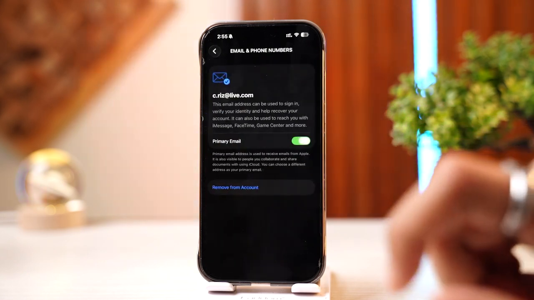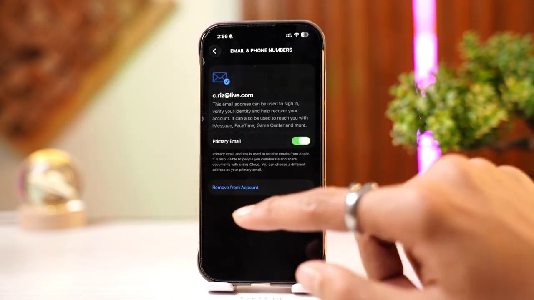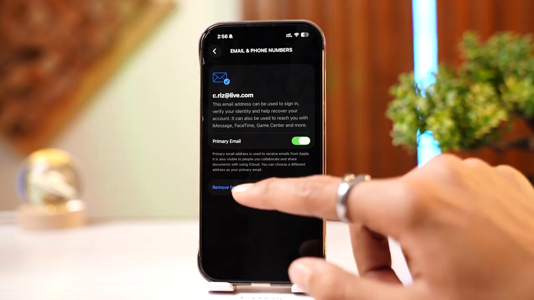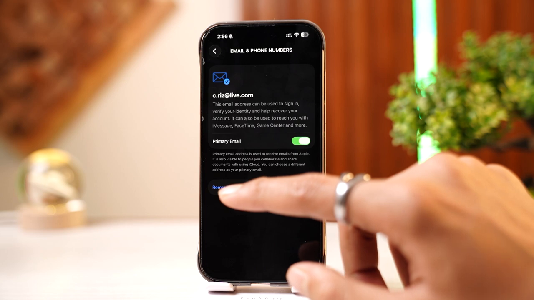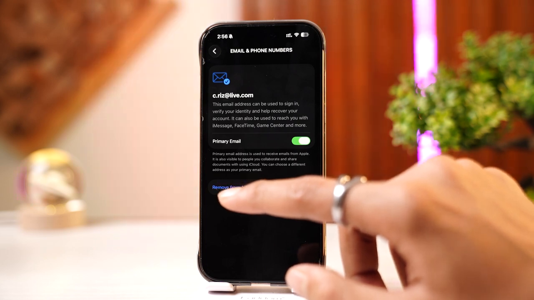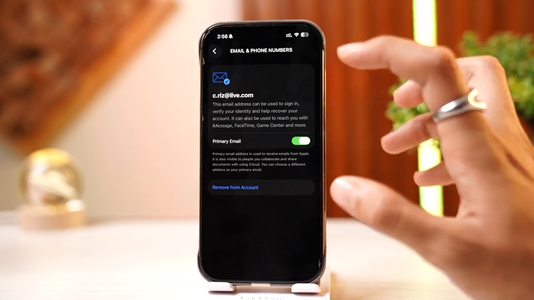Tap there, and what you need to do is remove the old email entirely. Tap on this to remove the old email entirely. Tap on this to remove the account, or if you just wanna keep this current email